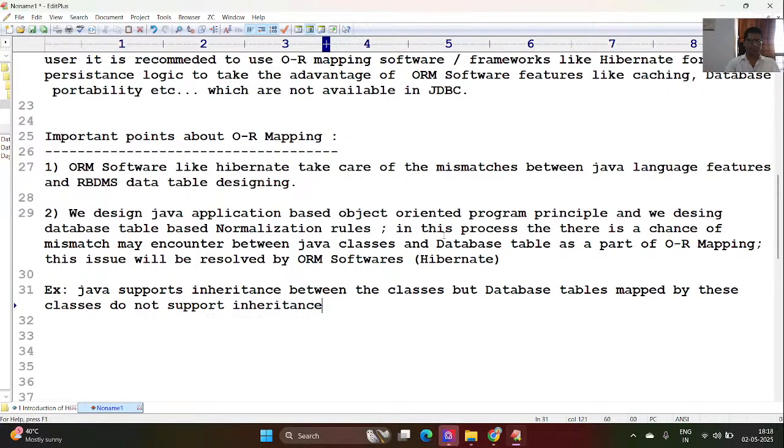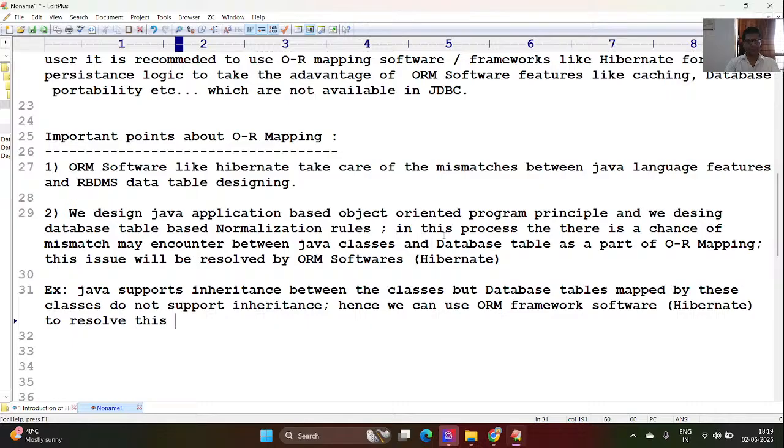So hence we can use ORM framework software like Hibernate to resolve this problem